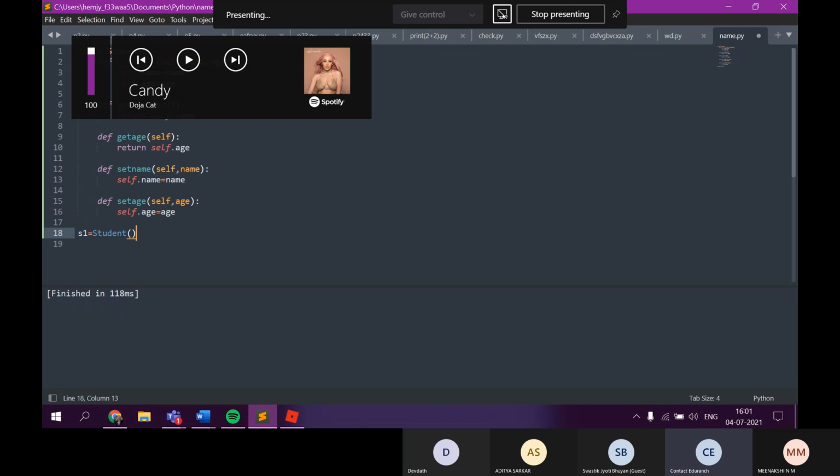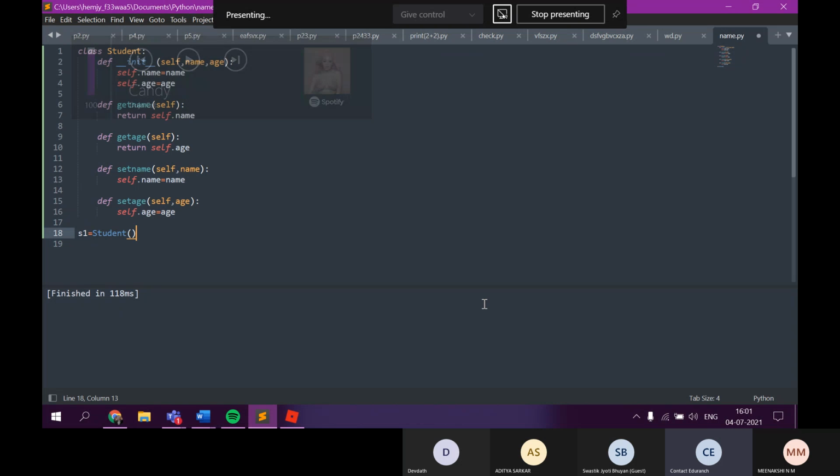You don't have to pass self. When you create your own custom data type, Python will pass this self. Whenever you create a new object of your type, you should see what it takes in the initialization method. It is taking three: self, name, and age. You don't have to pass self. You only have to pass name and age. So now give your name and some age inside the Student parenthesis.